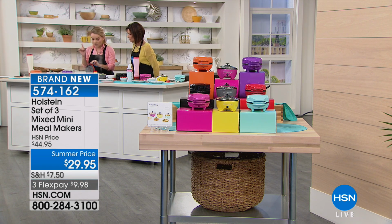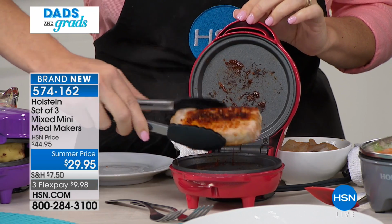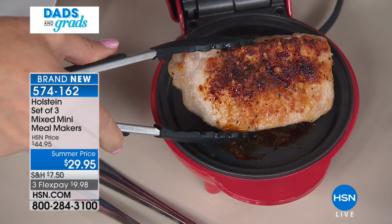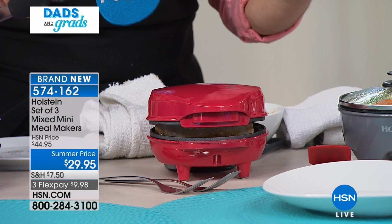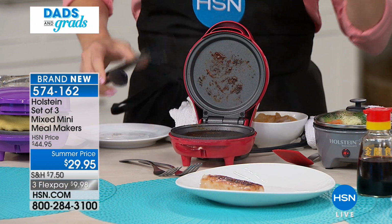Now, I can take this all the way to dinner, which is what makes this so special and different, is that I can now take, if it's just me, it's just yourself, this is a pork chop. I put some seasonings on the pork chop, I placed it in the griddle, I put the top on. Can you please see how it's seared both top and bottom? And all I had to do was just close it like that and let it do its thing. So if you wanted to do a burger, if you wanted to do fish,